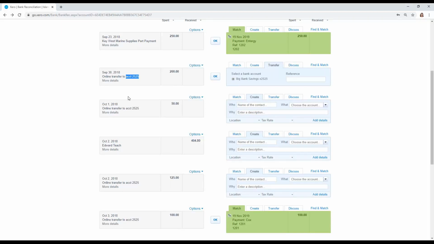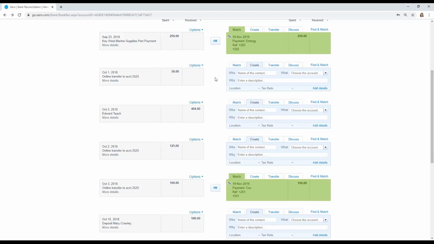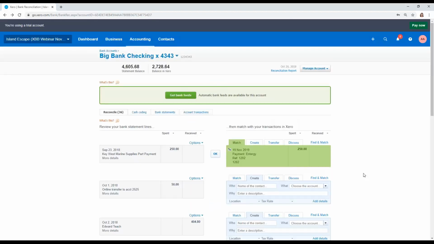And so it makes it really easy to match up on the transfer tab. So here's a transfer to our savings account. So I'm going to click OK. And actually you can do this, you can create a bank rule for transactions as well. This is something that happens often in your clients. Okay, any questions on